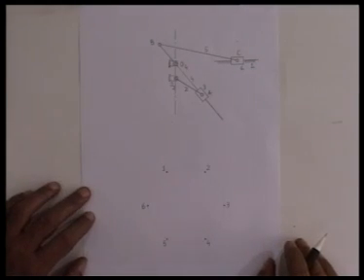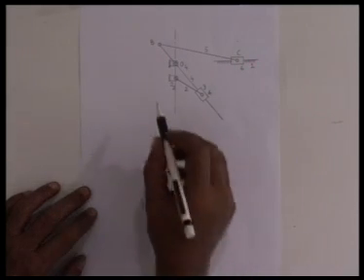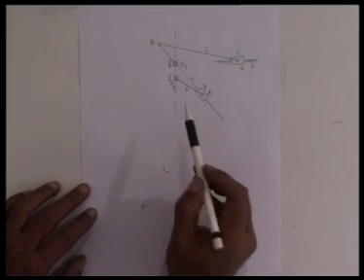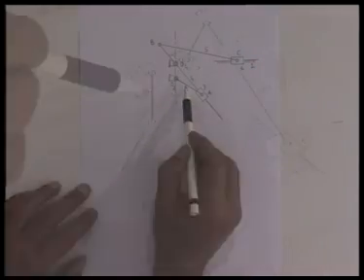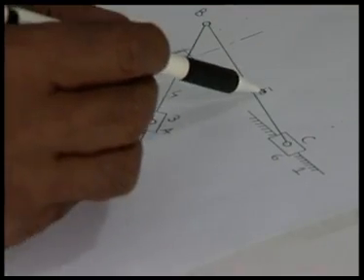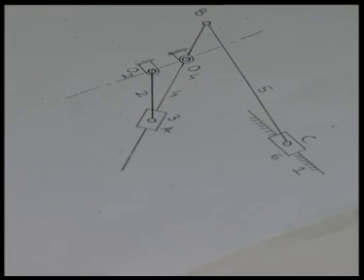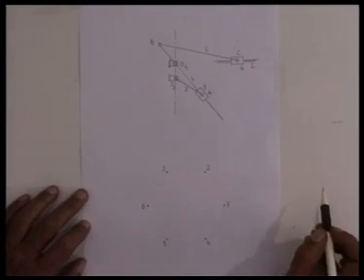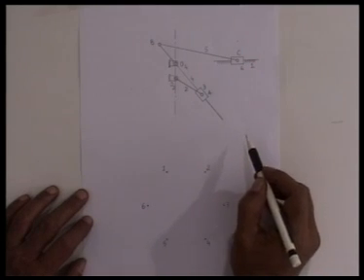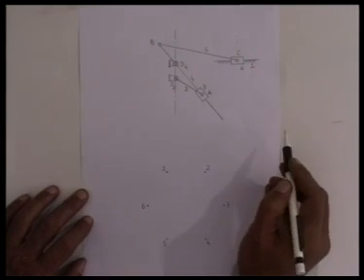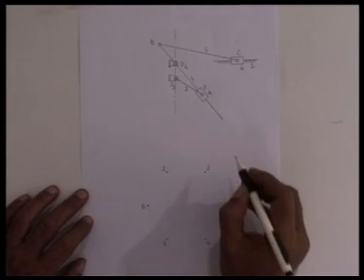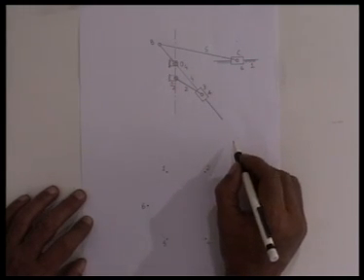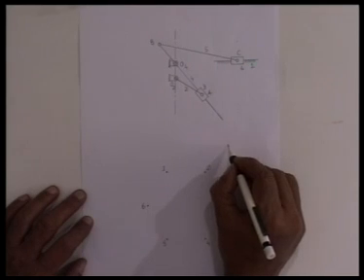So our first task is to obtain all the relative instantaneous centers. As we see, there are fixed link 1, 2, 3, 4, 5 and 6 links. So if there are 6 links, then the total number of relative instantaneous centers is 6 into 5 divided by 2, that is 15. So first of all, let me list all the 15 relative instantaneous centers, namely 1, 2,